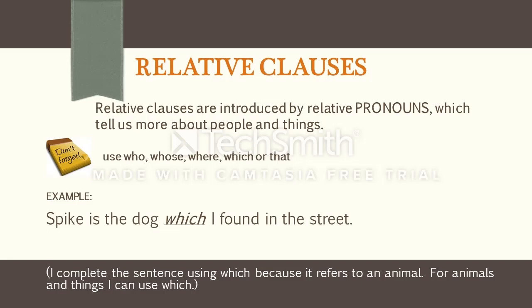So for example, you have here: Spike is the dog. You would have to complete. What could I use here? So you have which. I would complete using the relative pronoun which. So, Spike is the dog which I found in the street. I complete the sentence using which because which I can use for animals or for things. In this case it's an animal, so I'm going to use which. I wouldn't use who because who is for people, unless your dog is like a person to you, but